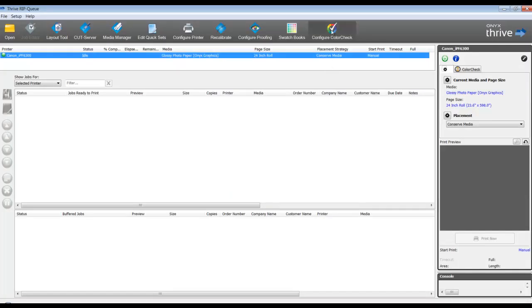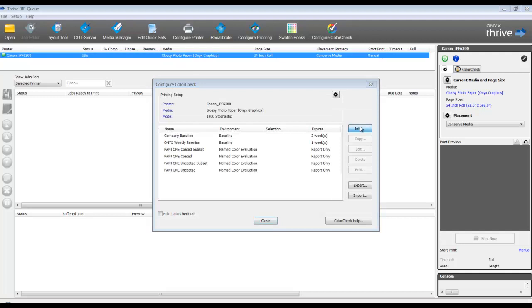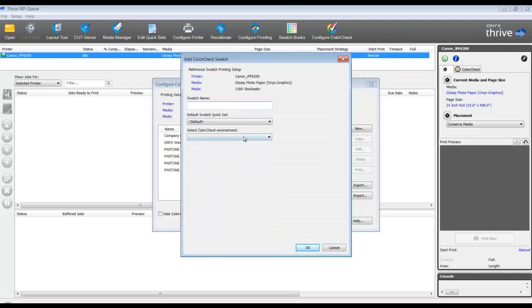Let's return back to the RIP and explore some other color check test targets. Let's create another new test target, and in this case, let's take a look at the environment for the G7 Process Control Master. One important point I want to raise here is the options down below. The input profiles in your QuickSet are consistent with this selection. What that's referring to is the only display data sets compatible with my QuickSet.